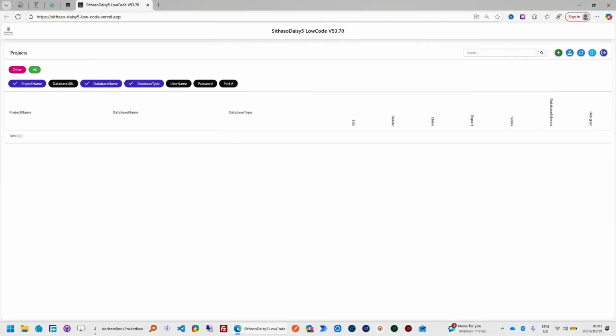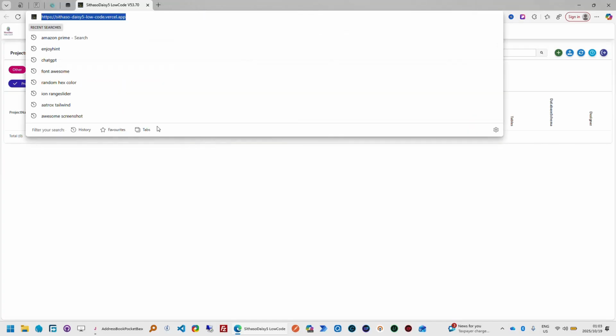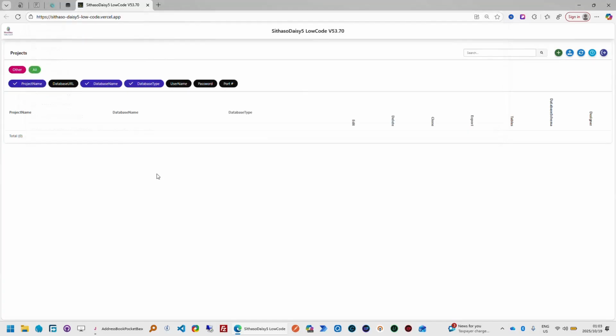Good day. The purpose of this guide is to take you through the SithasoDaisy low-code tool. We are going to take a tour. When you first open it, it's going to be blank like this. But what I'm going to do is to import an existing project which will come with a download. So you go there to import a project,